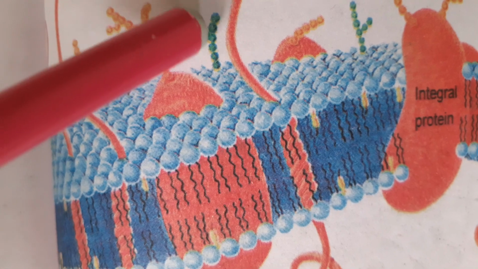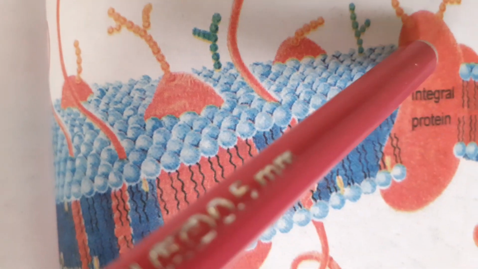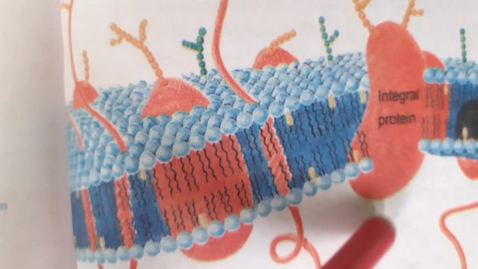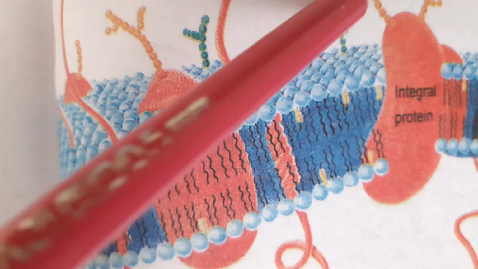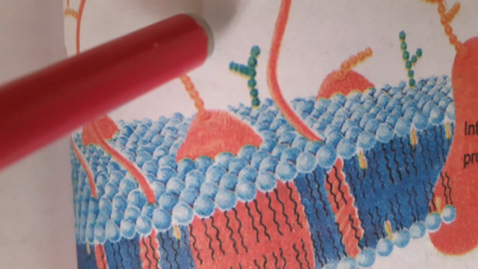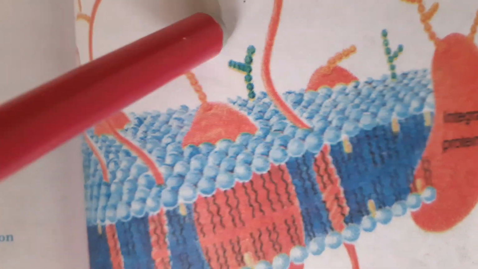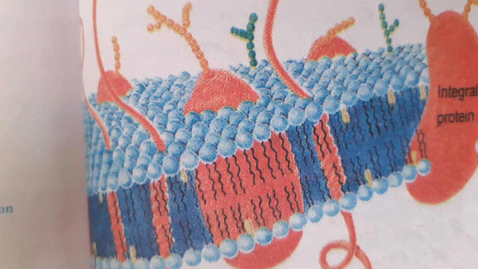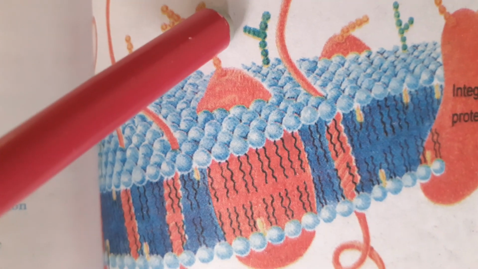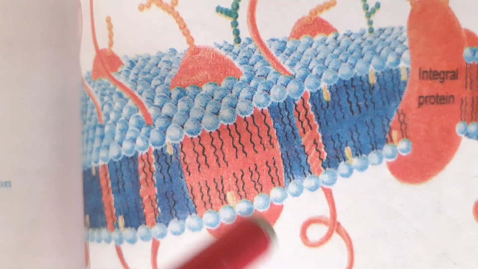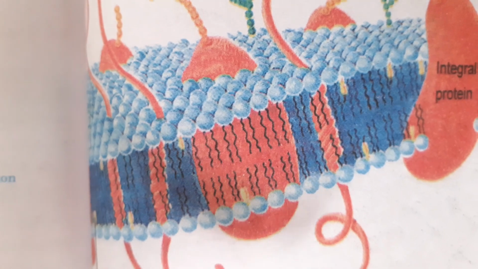Sometimes some molecules cannot enter inside, so they take the help of proteins, carrier proteins. These proteins will help the molecule to come inside. This may be through facilitated diffusion. Or some molecules, when they are more in the outer surrounding, can easily pass into the internal part of the cell. So from a higher concentration, some molecules will move into the lower concentration of the cell. Such a process you call diffusion.